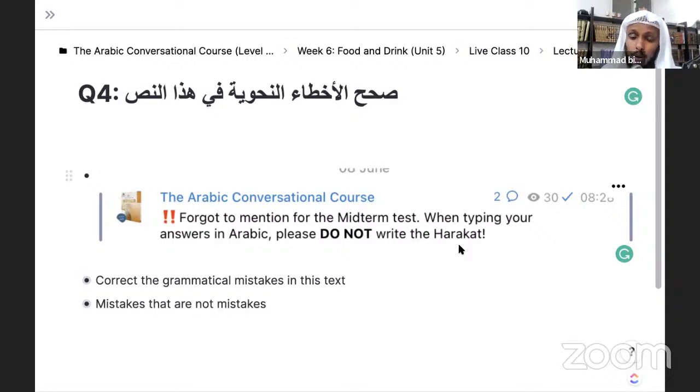As a matter of fact, why would you do it? Look, if you're going to play that game, fine. Write the harakat, and if you make a mistake in the harakat, I'll mark it wrong. Is that what you want? You don't want that. There's a famous saying in Arabic. They say, sakin taslam. Okay, give it sukoon, you'll be fine. Because if I